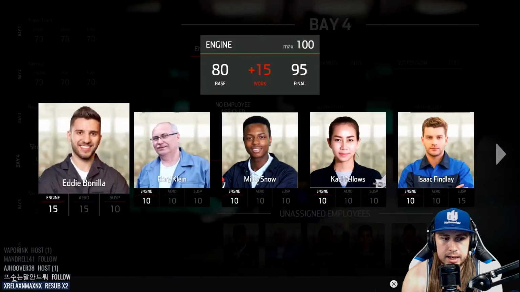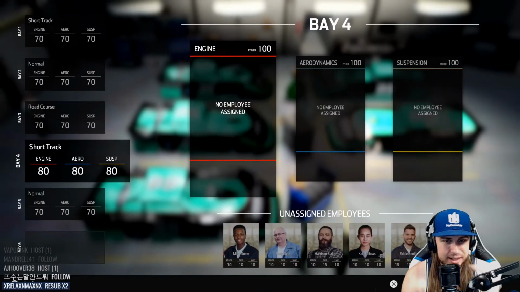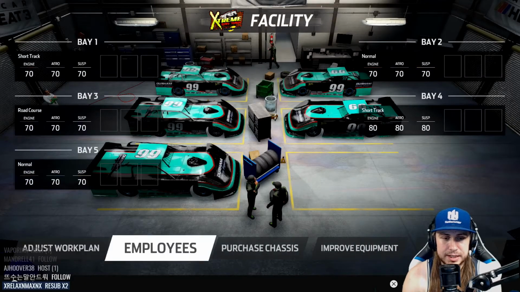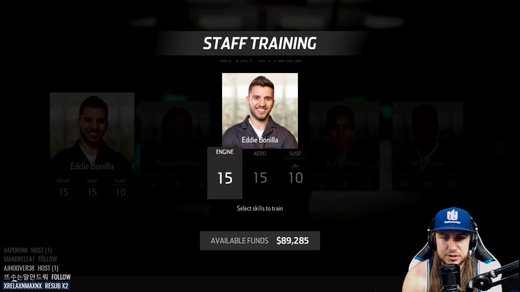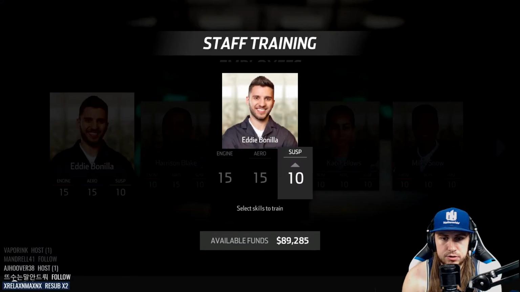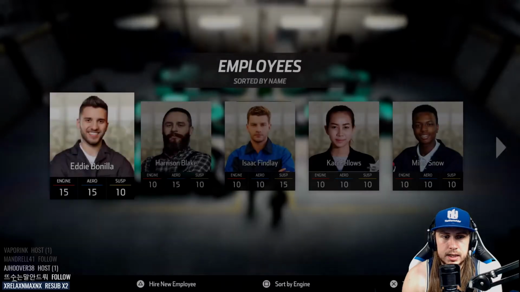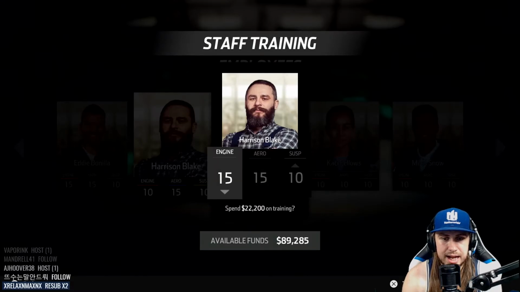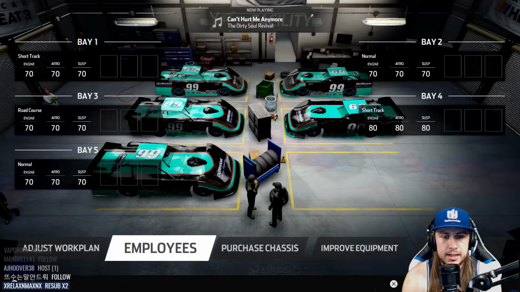Alright. No, we don't. We actually don't have to train anybody. Let's unassign you. Hold up. Let's see what we can do. Employees, let's train our good guys. Specialty, I can't train that. Is that the highest you can train it to is 15? Oh, that's unfortunate. That is heavily unfortunate. Okay, well...